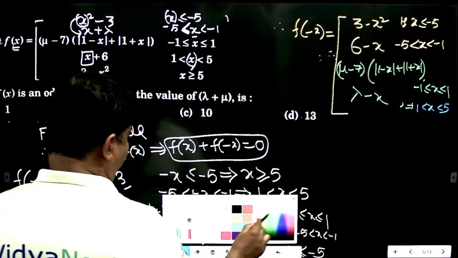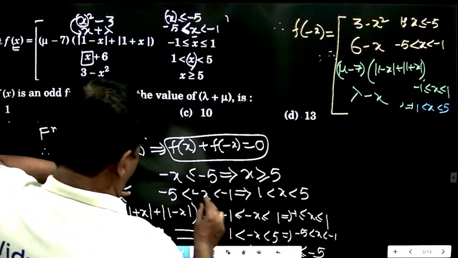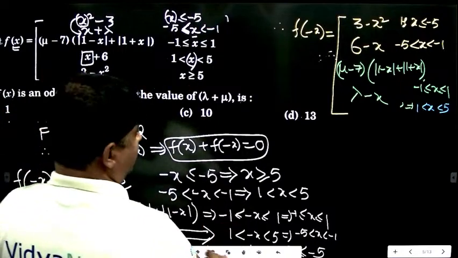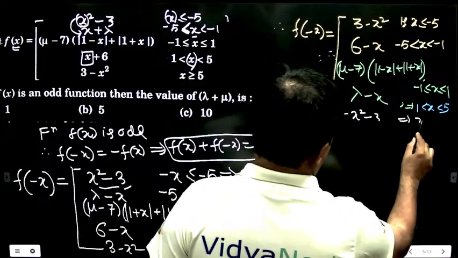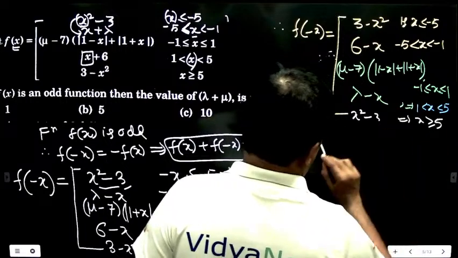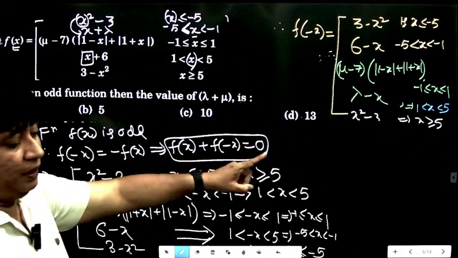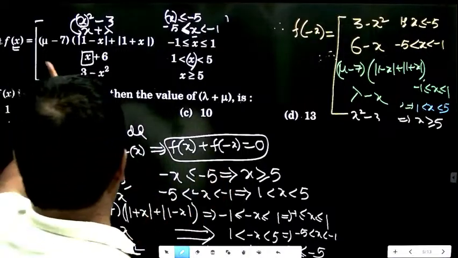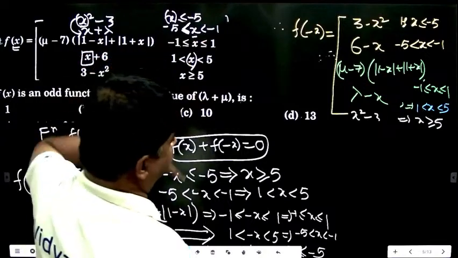And last interval, x greater than 5, then fx is x square minus 3. Now, according to the definition of the function, fx plus f minus x is 0, I will just add in the corresponding interval. Therefore,